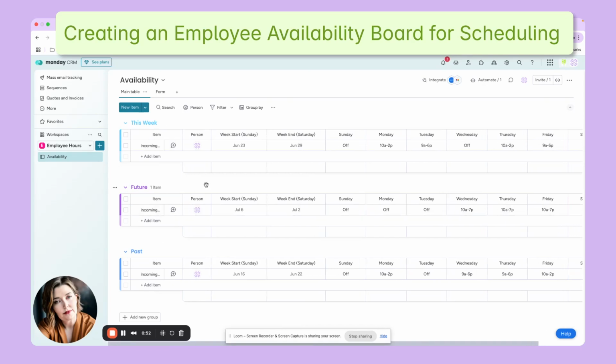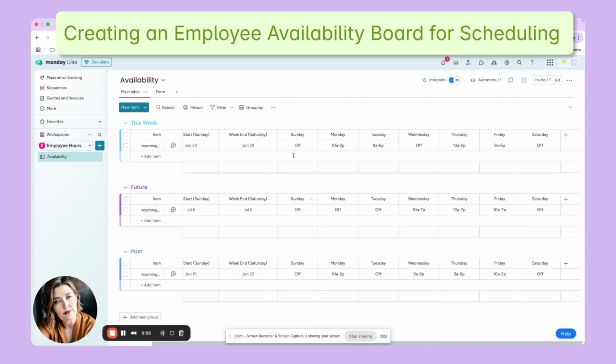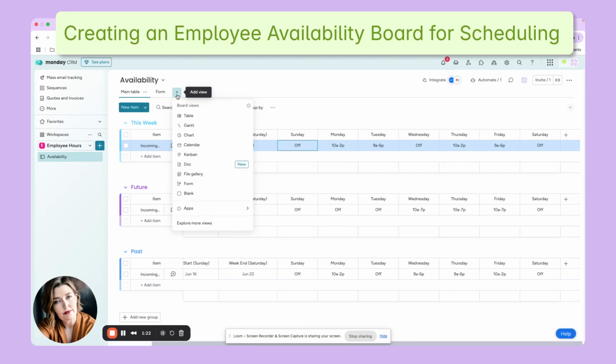Column-wise, I've got the employee, the person, the week start and end date, and then I've got each day of the week as a text field where they can come in and type in their hours of availability. If your days are different, maybe you only work Monday through Friday, you can obviously change that depending on your use case. And then once I did that, I went up here at the top, clicked plus,